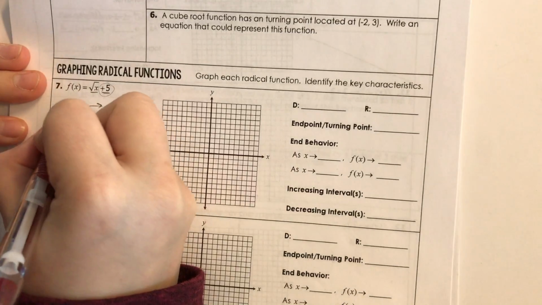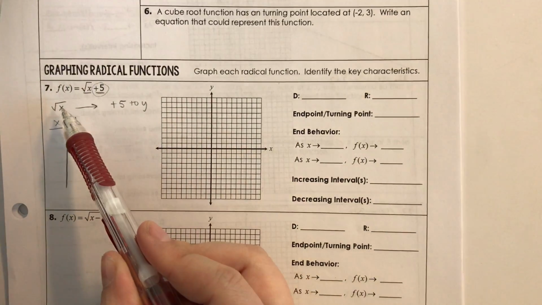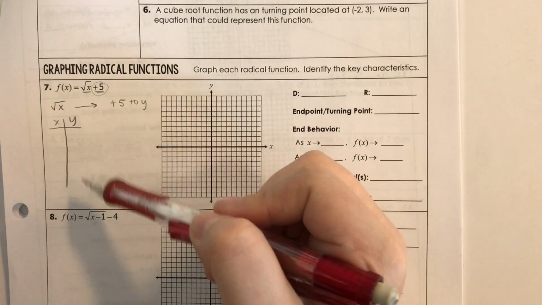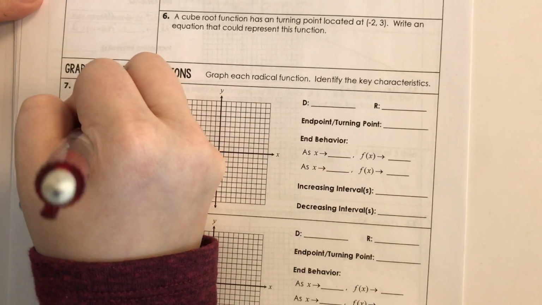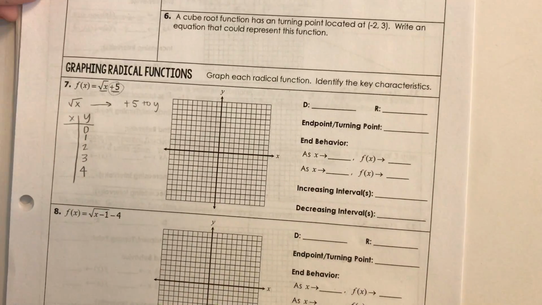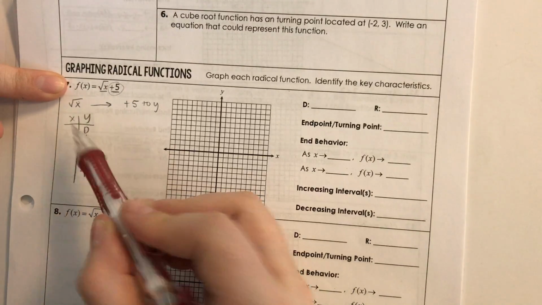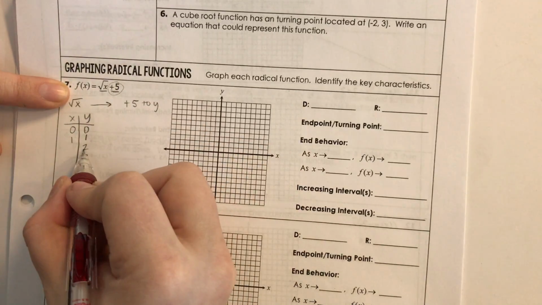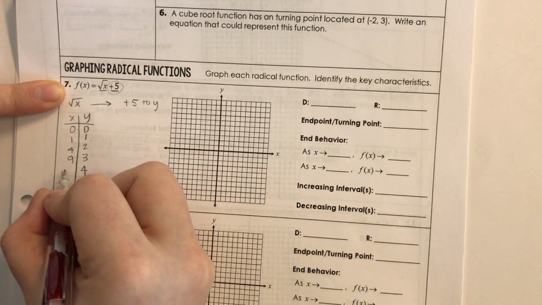So let's make our tables, and remember, we're going backwards. We're not plugging in -2, -1, 0, 1, and 2. That's not going to give us anything we want. We want to end up with whole numbers. So I want 0, 1, 2, 3, and 4 to come out of this function, which means I need to square each and every one of these to get the square root to be that, okay? 0 squared is 0, 1 squared is 1, 2 squared is 4, 3 squared is 9, 4 squared is 16,